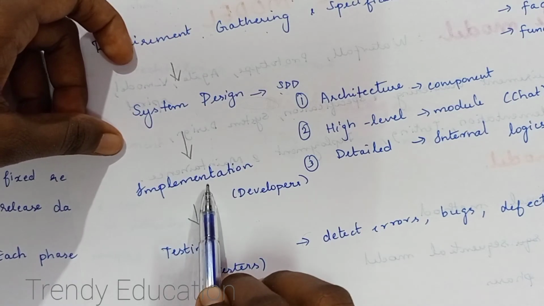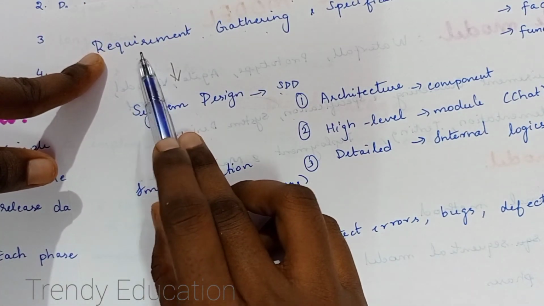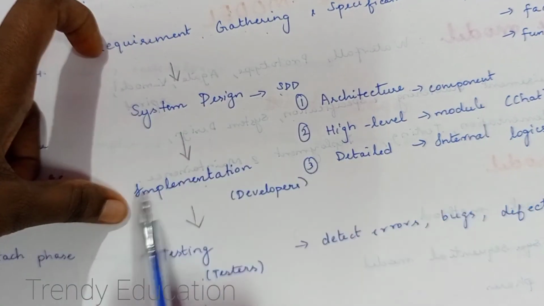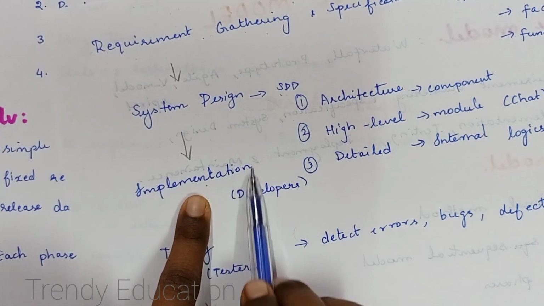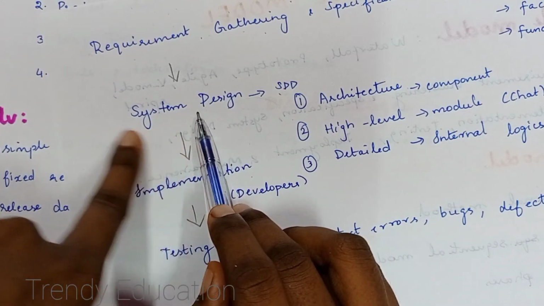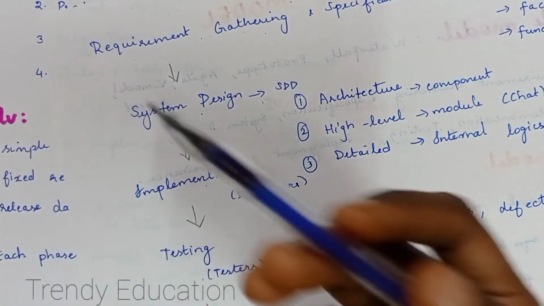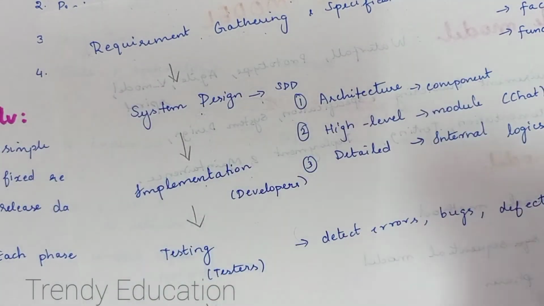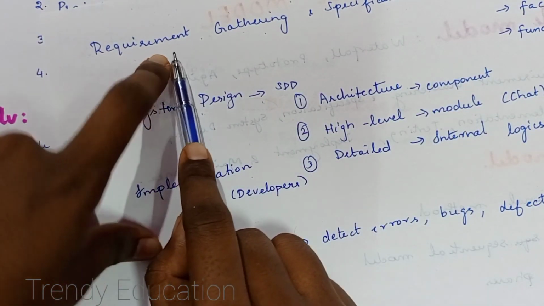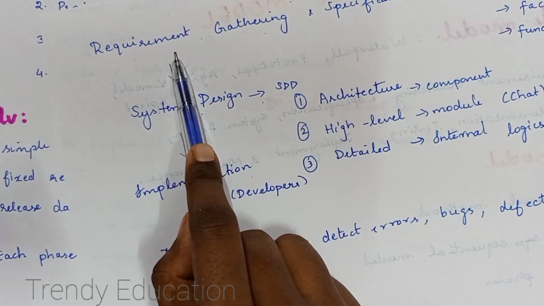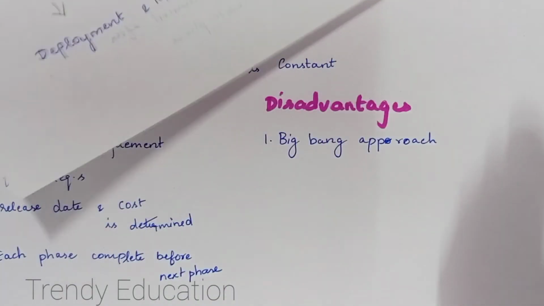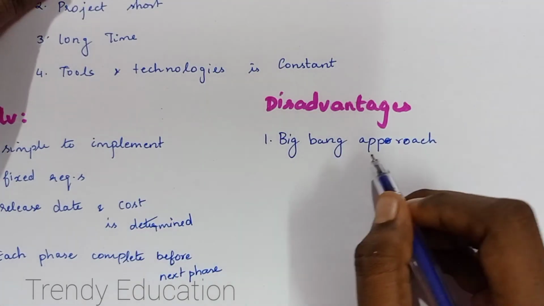But when I find an error in the first phase, that is the requirement gathering phase, what the developers will do is send the error back to the system design team, and they will check, verify and validate everything. Once they find that the error or the debugging is not on their side, they will again pass it back into the first phase, that is the requirement gathering phase. So this is a time consuming approach, right? This is a big thing. So that's what we call a big bang approach.